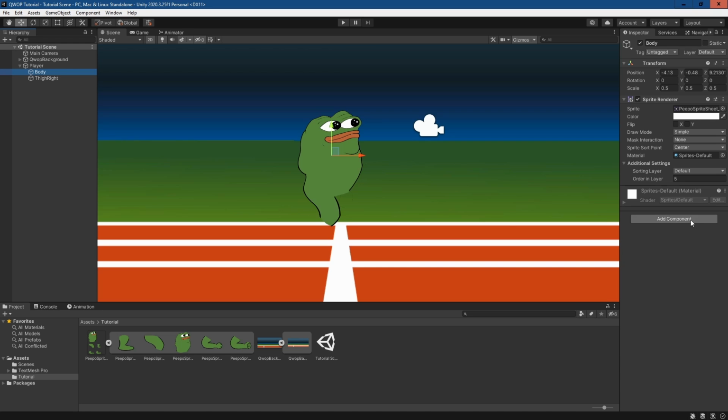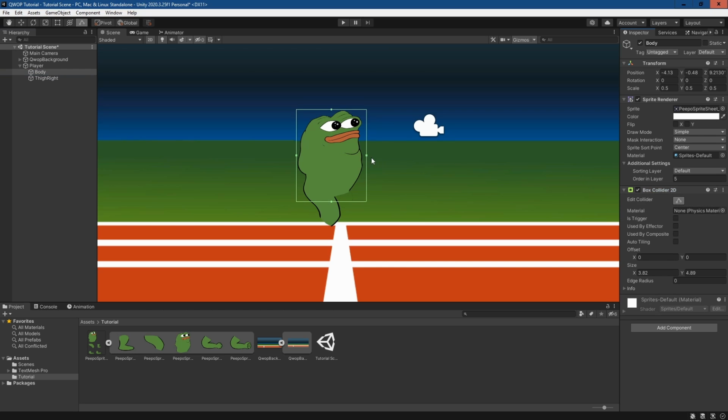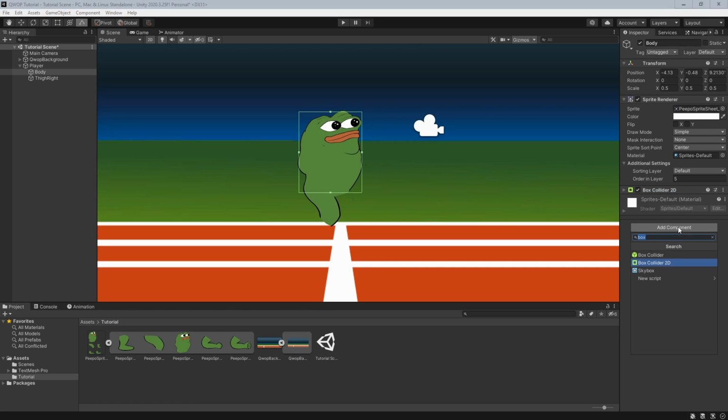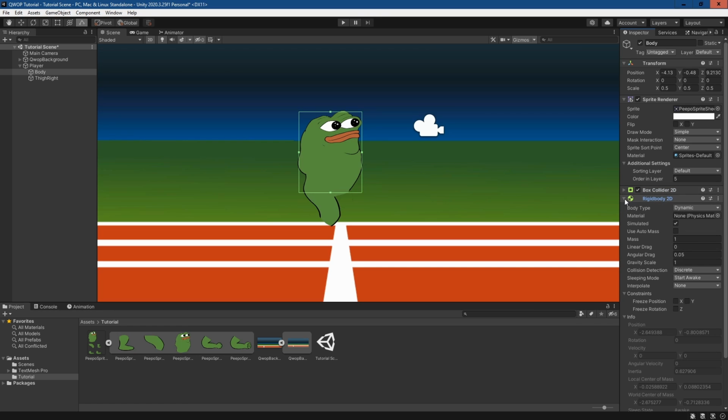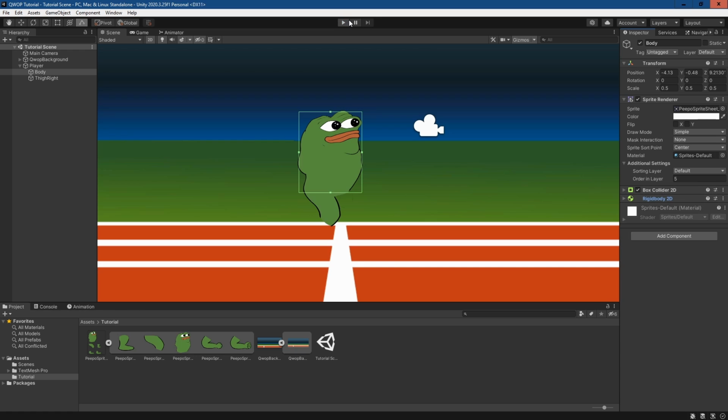And we'll also want to make sure the body has a box collider 2D on it as well. And we'll just line that up, and we'll just line up the box collider so it's roughly around the body. And I think we also want to add a rigid body 2D to this. And that will give it a gravity and a mass that will be simulated. Now if we click play,